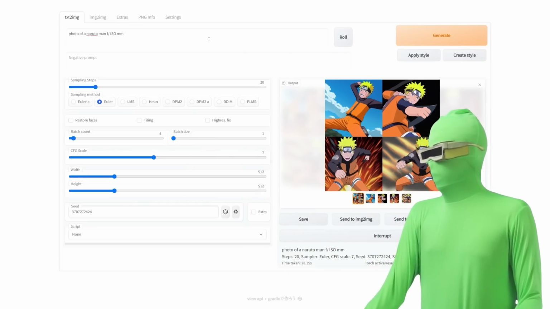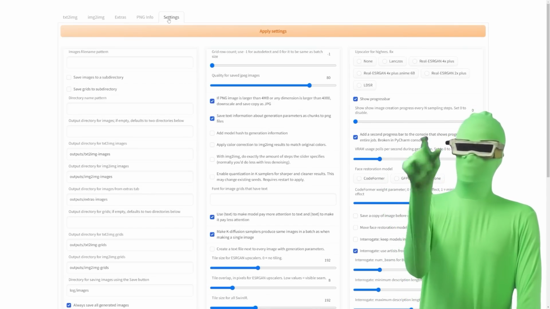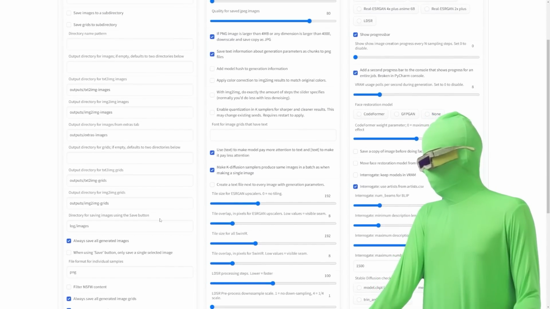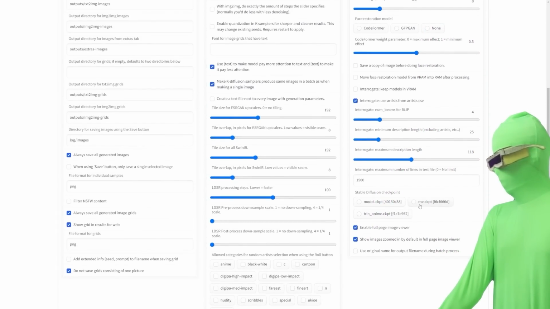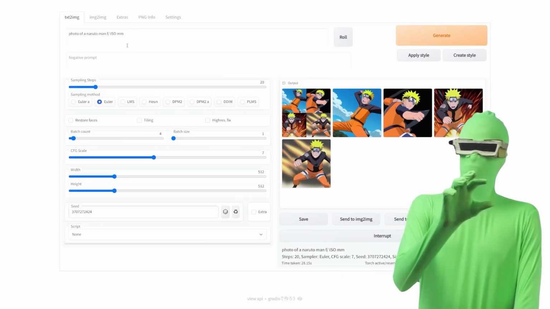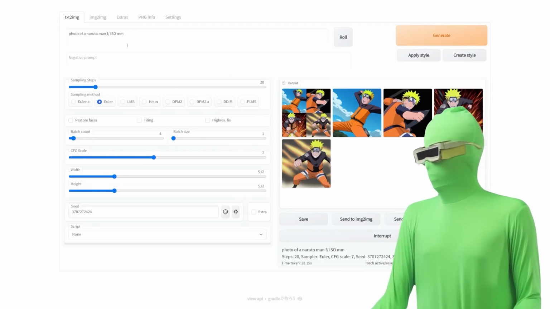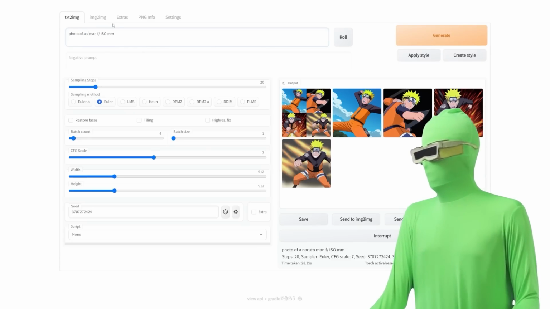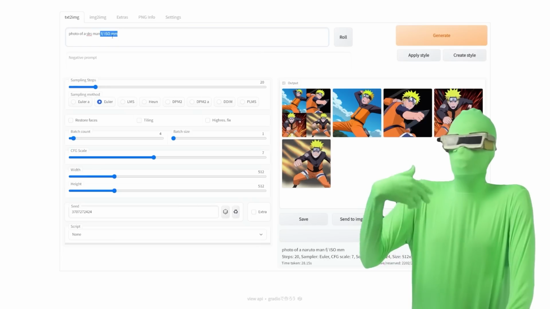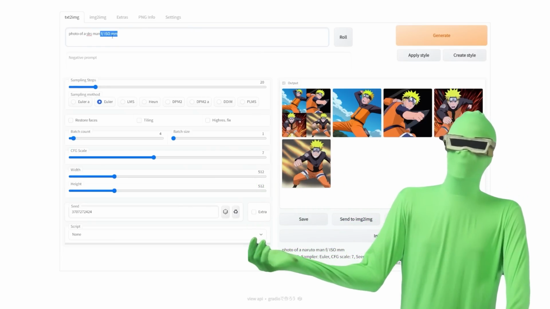Let me actually change that. One of the cool things you can do with Automatic is swap models live. So I'm gonna swap here to another model, me.checkpoint. If I click this and click apply, I should be able to generate images using the model that I'm a part of. So what I'm gonna do is photo of SKS man. I guess I'll leave these extra things. SKS is the default word, so if I had changed it, it would be photo of Ting Ting and man.